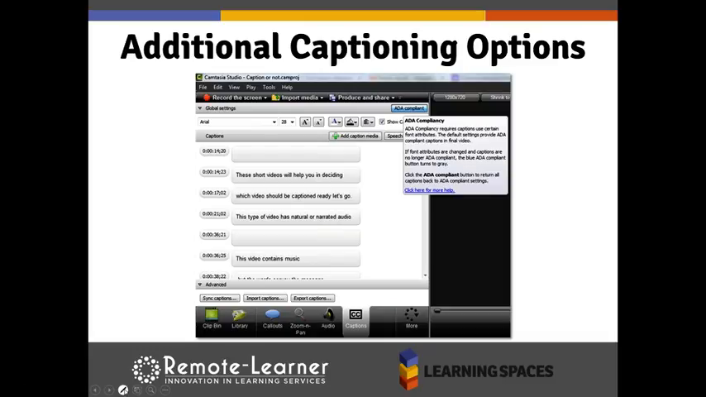Just a little screenshot of the caption area I wanted to talk about is that the ADA compliant button is sitting here. And what happens is that if you get out of ADA compliancy,